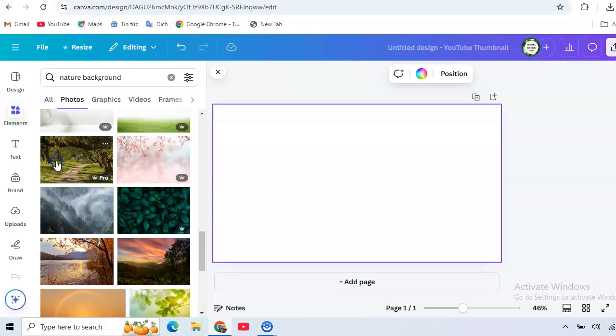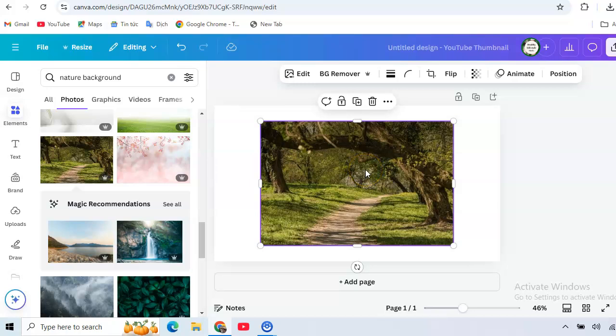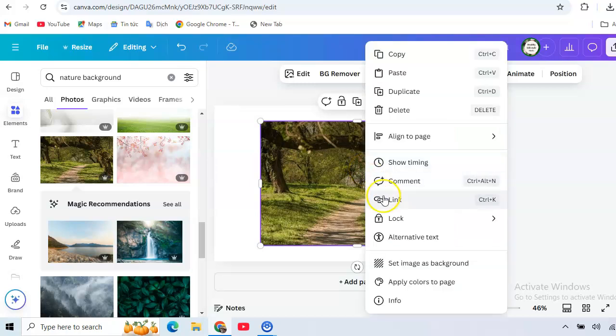Okay, for example this one, and then right click, set image as background,